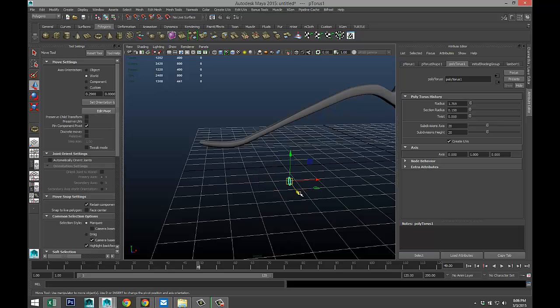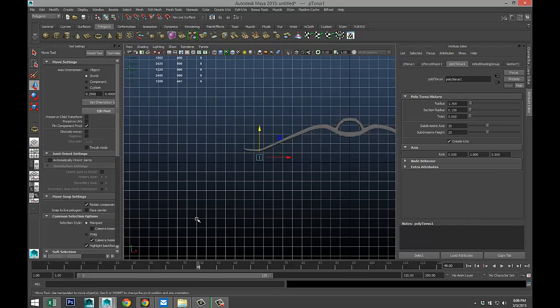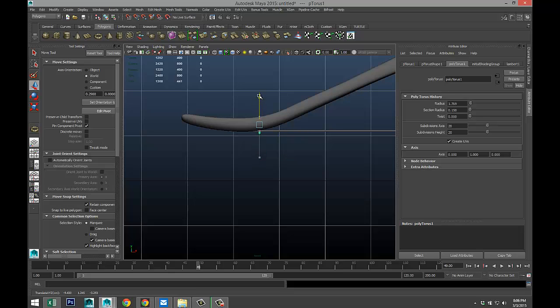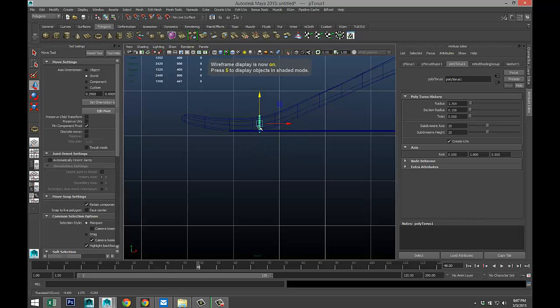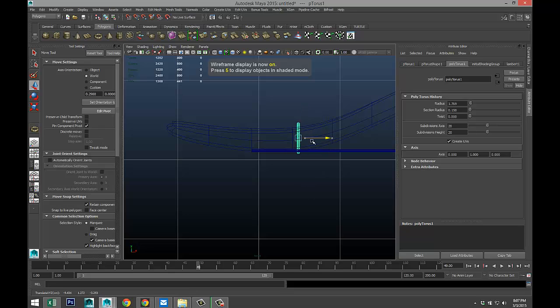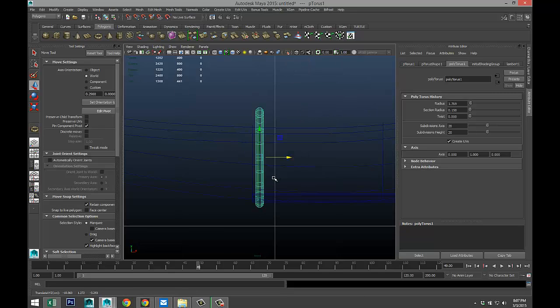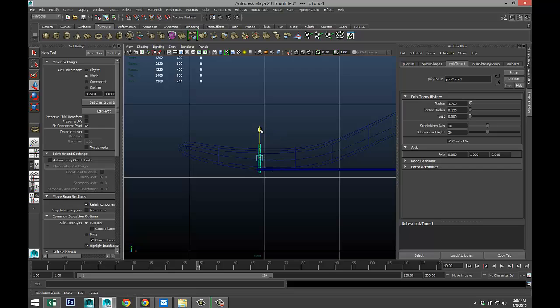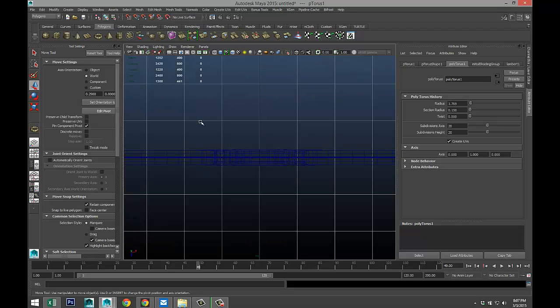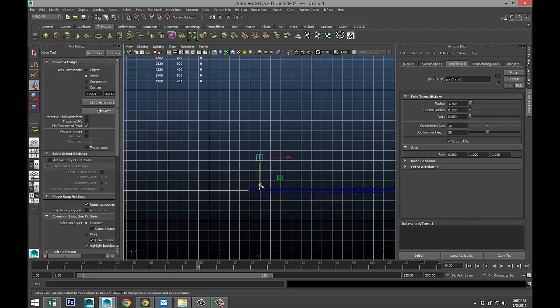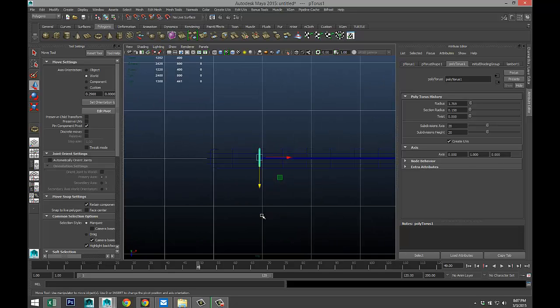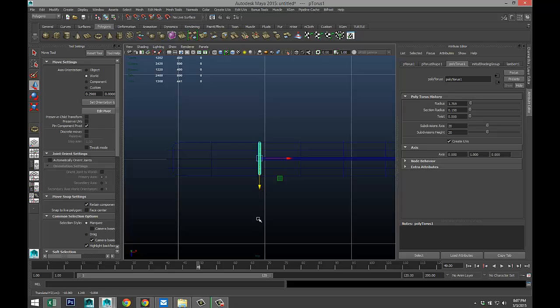And then we're going to move it in, move it up. Let's see where we're at. Have to zoom in. Okay. So that guy is going to be roughly there. So I'm going to hit 4 for wireframe mode. Move that over. Have to zoom in. We're going to bring that down just a little and check it from our top view as well, because we need to be here. Have to zoom in. As you can see, we need to scale it a little bit.